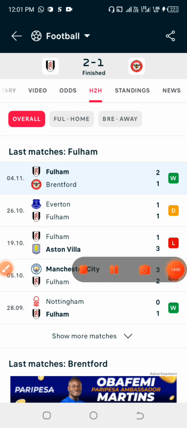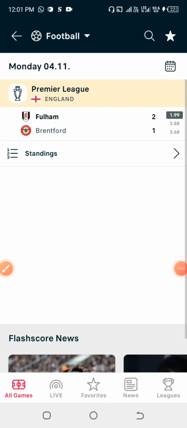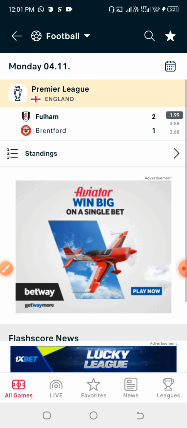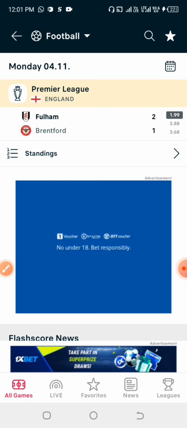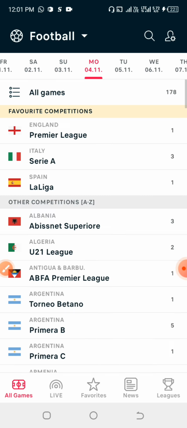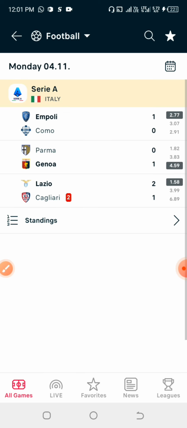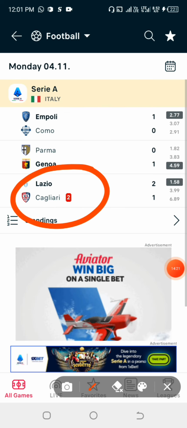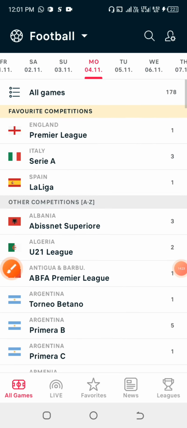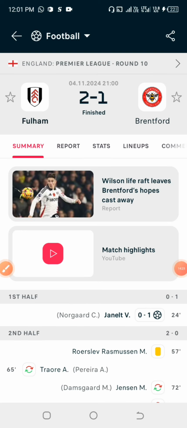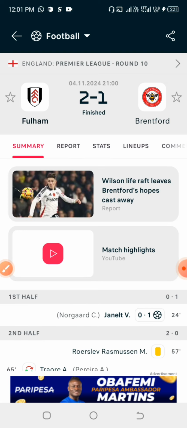put you guys through the previous game, because this particular day, the last Monday, which happens to be the 4th of November, I actually played these games as corner that day, and I discovered that this is how this thing works. So let us check this and quickly round it up and move on to the games that haven't been played, and I'm going to leave you guys to do your own analysis